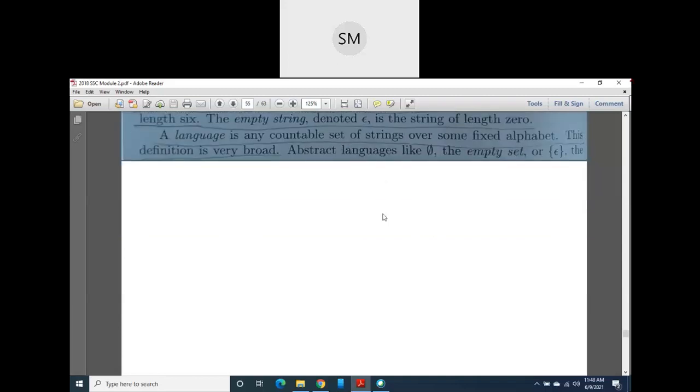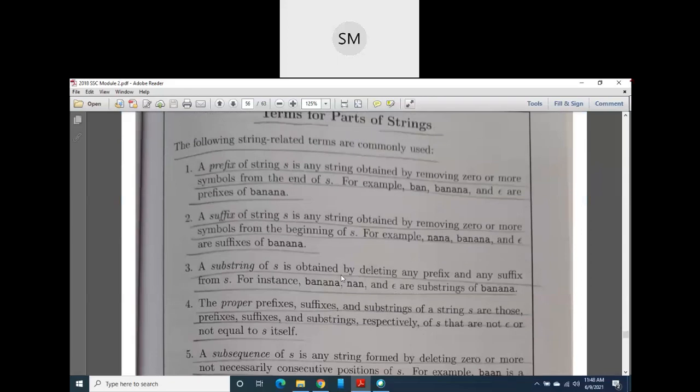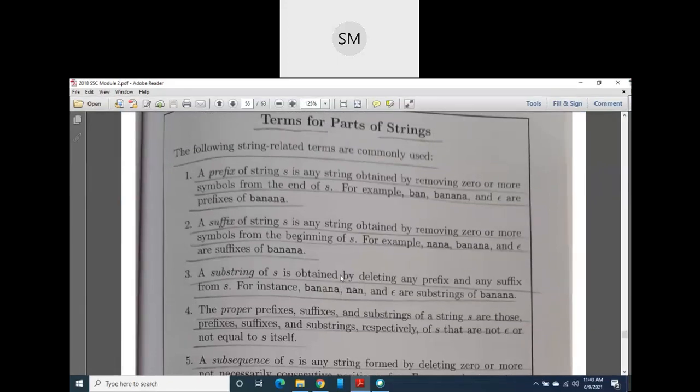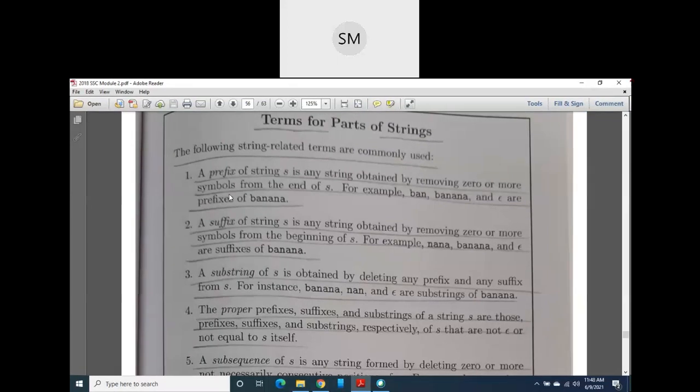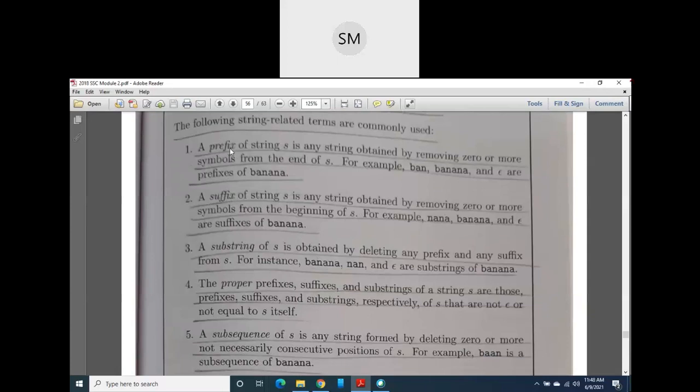Then we'll move to some very important terms and definitions, which are usually related to our language. I want to explain this; it is very interesting. Prefix. What is the prefix of a string? Suppose a string is there, like a string with a prefix like Mr.